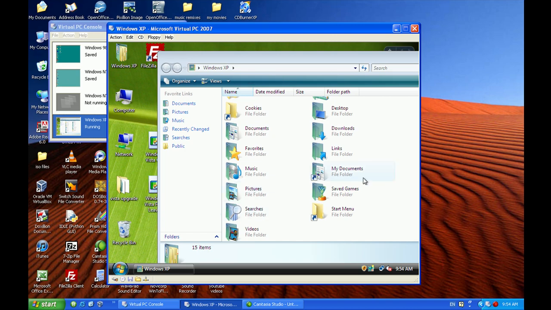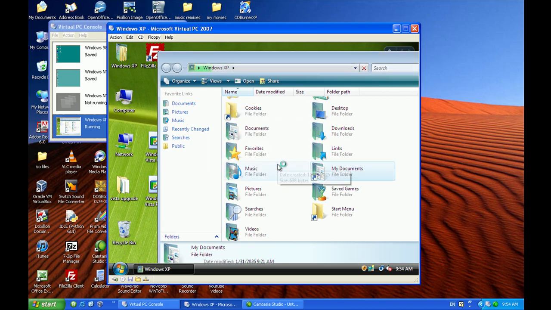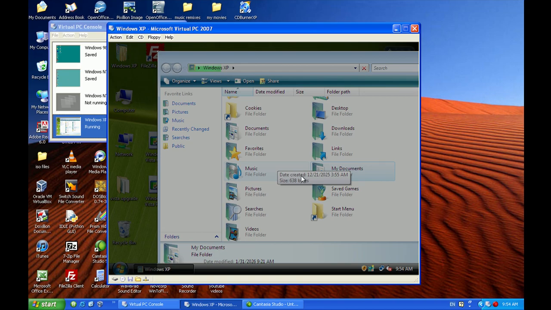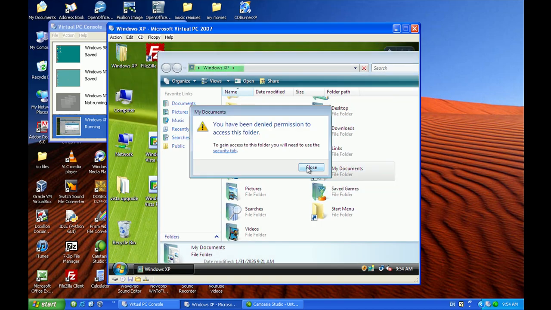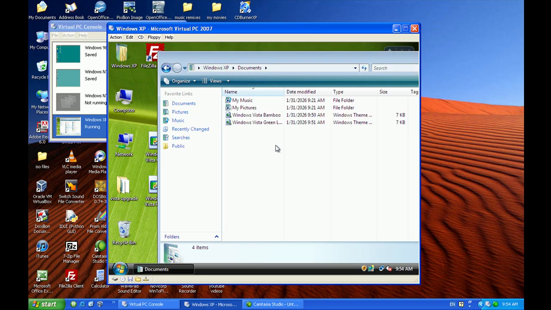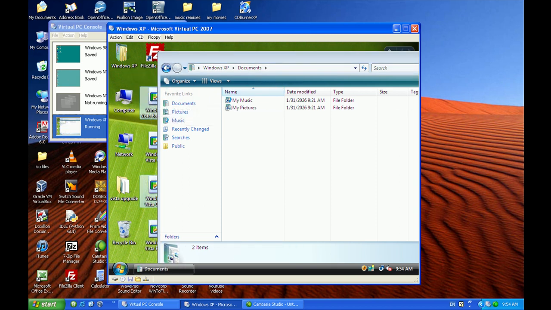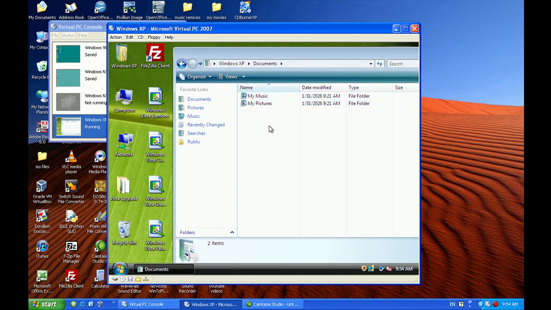Next, I'll go ahead and I'll move it to my documents. And I need to move those things as well, but I cannot be allowed to go to that folder which